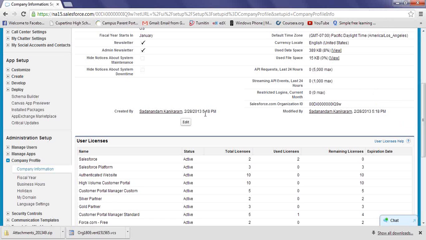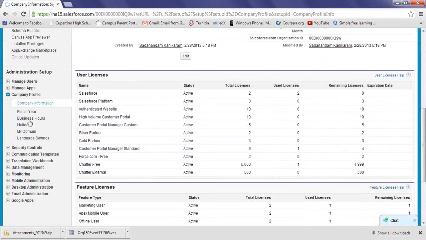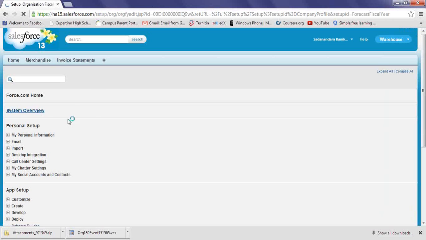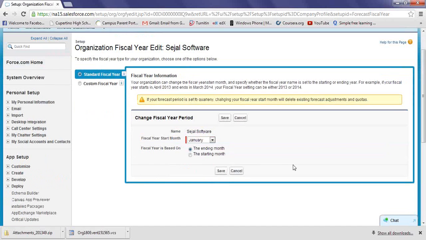Okay. Now, similarly, the other section we have is the fiscal year. This is another section where you can have your custom fiscal years, which is primarily for accounting purposes, to make sure that you take care of your accounting. There are things like first or last year month, and also you can go for a custom fiscal year. Custom means it is not starting from January. You can set that up here as an administrator, and whatever we are looking at now is done before the system is in the hands of the users.